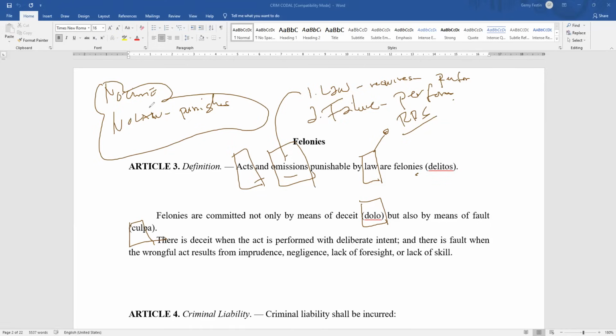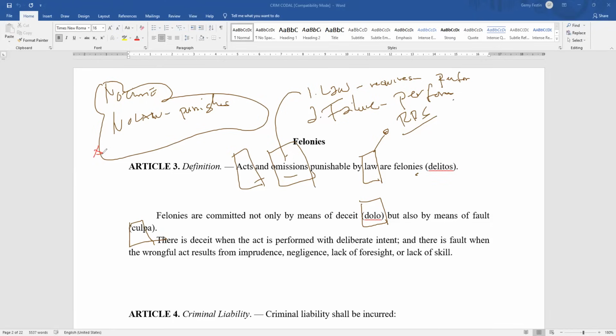Why? There are cases where you will be asked, you will be thinking, may crime bang ganun? Kung wala kang maisip, ang tagal mo naman nag-aral ng criminal law, no? And if you feel there is no law that punishes that act, then you can use it as your answer: A is not criminally liable, no? Because his act was not punished by any other law. Because we follow the rule that nullum crimen, nullum poena sine lege. There's no crime when there is no law punishing the act. No? So, halimbawa,